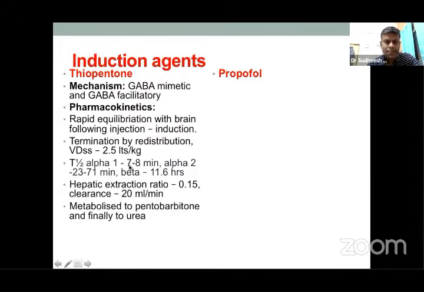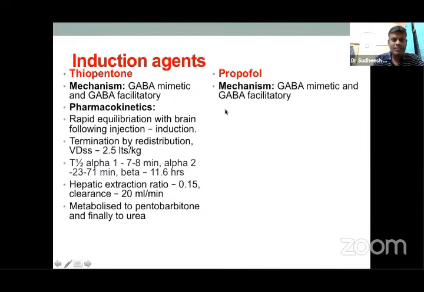That is the time of termination of its effect. So when you give the drug, because the brain comes under the vessel rich group, it gets preferentially distributed to the brain, and it starts acting and inducing the patient. And once it gets redistributed to muscle fibers and muscles and other organs, there is termination of its action and the patient recovers. It doesn't mean that the drug is totally out of the body. It's just that the drug concentration in the blood is not sufficient enough to produce sedation. So that is the thing.